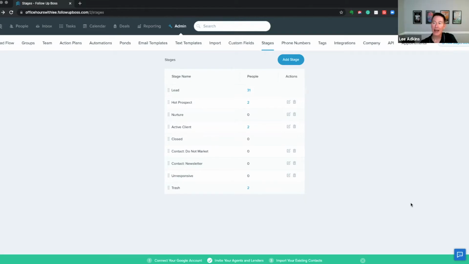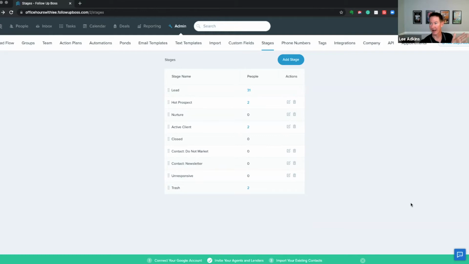I kind of jumped right through this and I didn't do a good job of explaining it. Stage to me is critically important, that it is based on the time frame generally to transact. That's kind of the benchmark, of course, but stages are time-based. Sphere is not a stage. Sphere is a source, it's a tag, it's probably all those. But stage should be, where are they in the process? I've seen people have nurture and long-term nurture. I've seen 50 stages. Here's the problem.